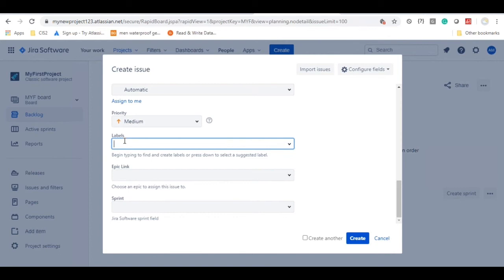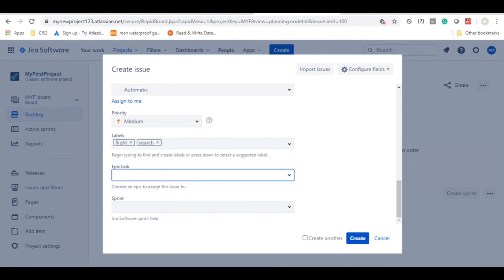In the same way, if you want to filter, give some labels, and later it will be helpful for searching purposes. For example, I will give labels like flight. This is one label. Directly from this screen itself, you can create the label, flight, new label, and also search. This is another label which I am assigning to it.